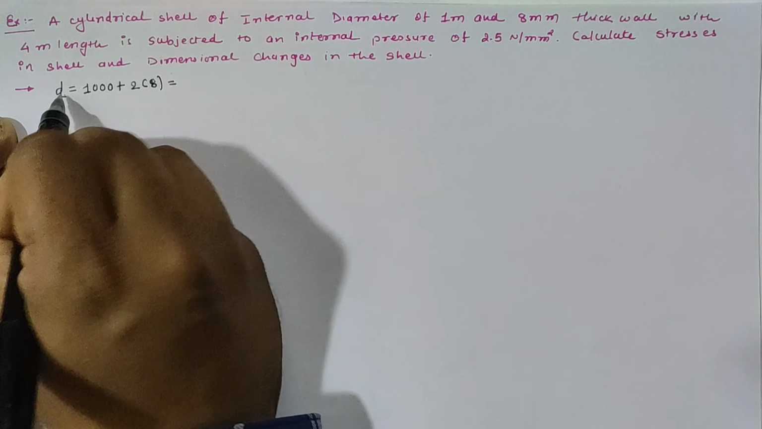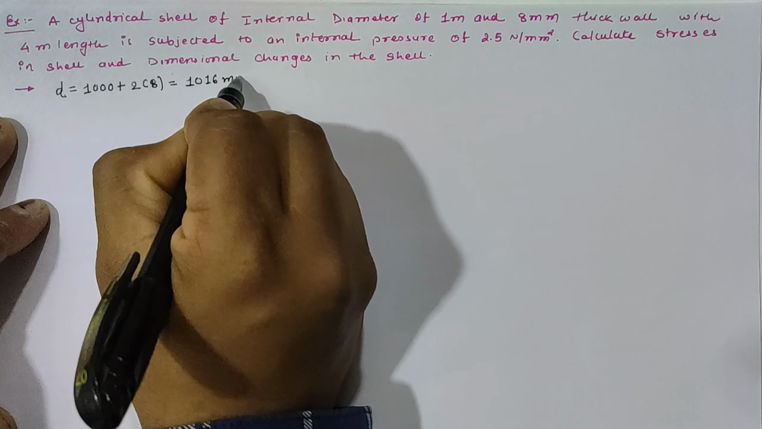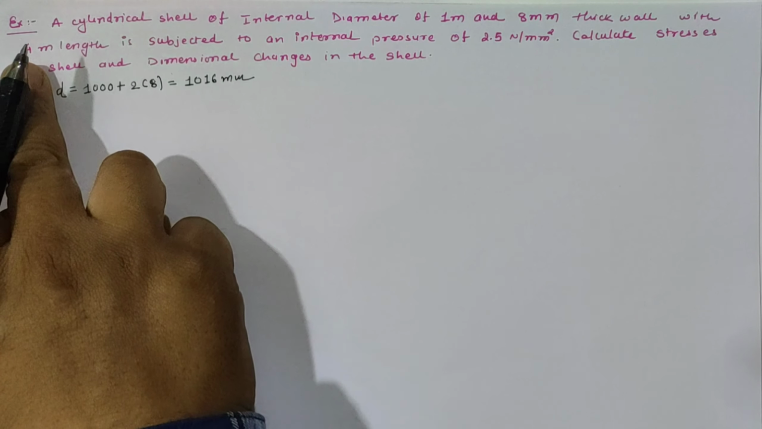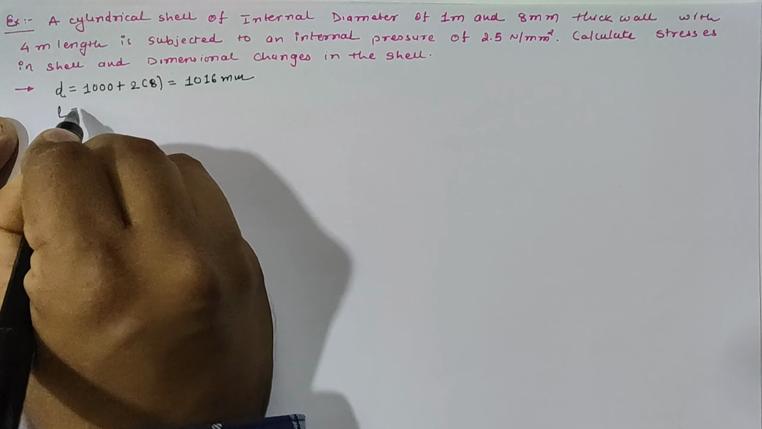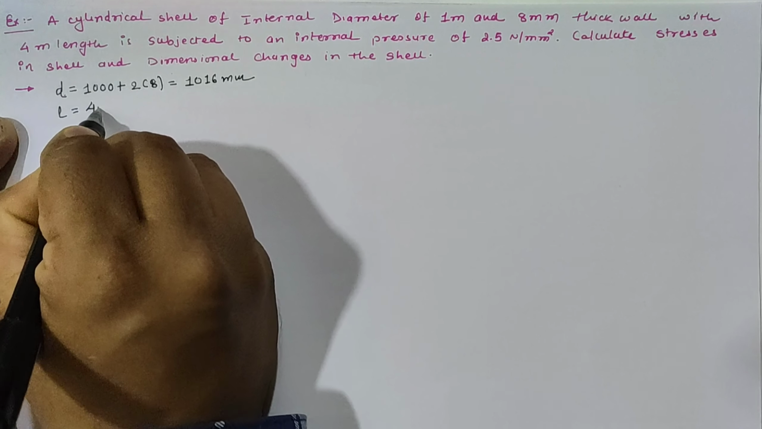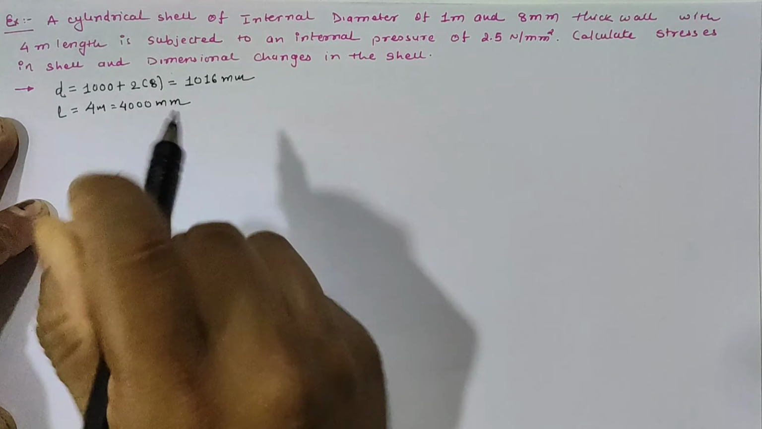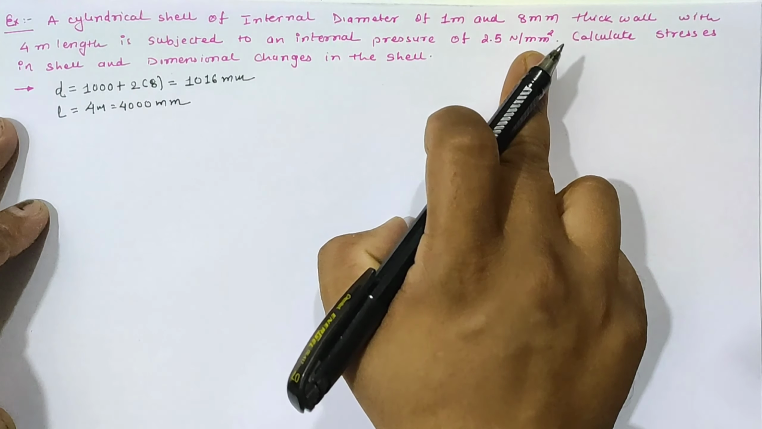So our small d value is 1016 mm as the outer to outer diameter. Now the next thing given is the length as 4 meter, so small l or overall length is 4 meter, which is equal to 4000 mm, and it is subjected to internal pressure of 2.5 Newton per mm